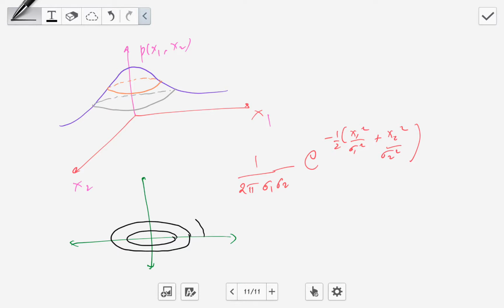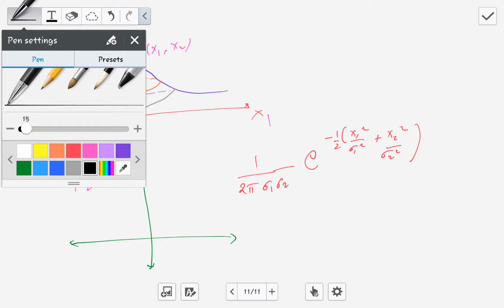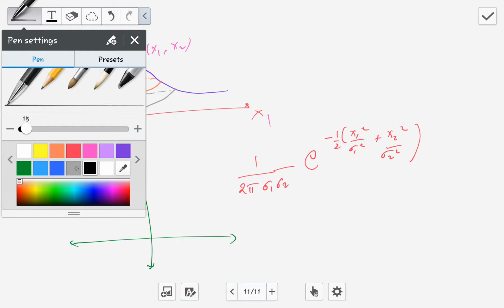And if you want to represent this as a colored contour, a colored contour in a manner that,